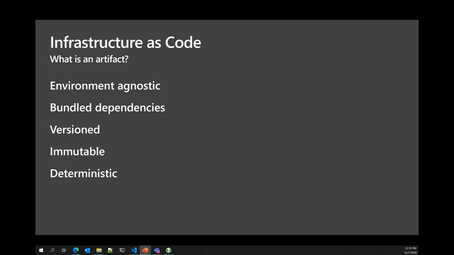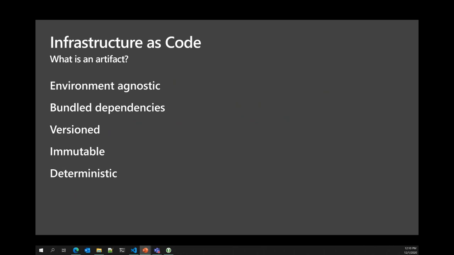We're going to start getting into the specifics of Terraform from here. The most important thing we can do as we're building our infrastructure as code is make sure that we're writing it in an environment agnostic fashion. We talked about how the artifact produced out of our build needs to be environment agnostic. It can't have any environment awareness.